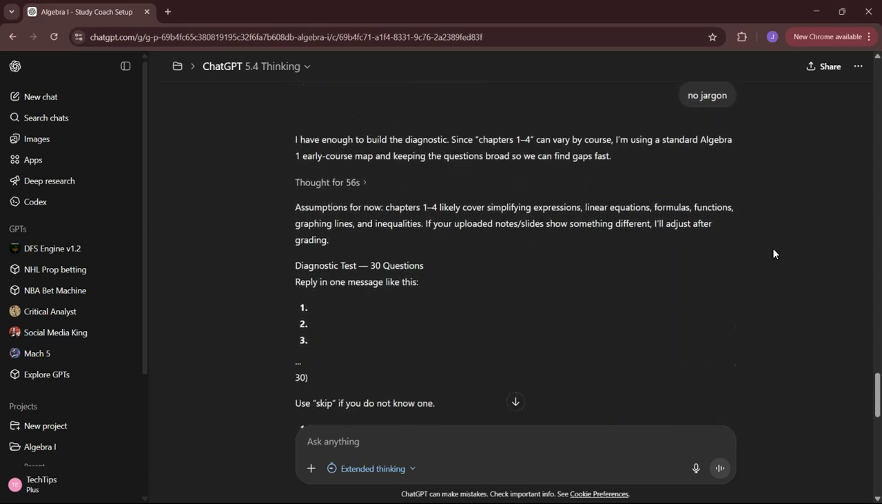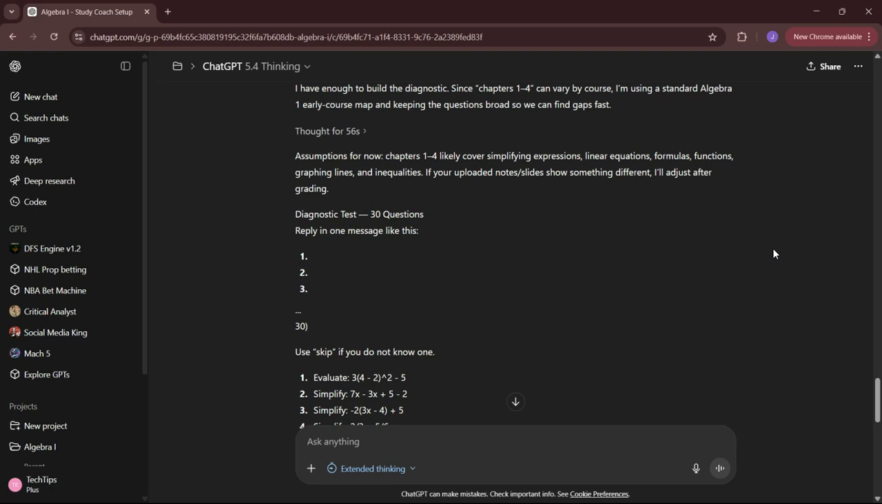Now after that, it's going to go ahead and start to construct a test for you. So as you can see here, assumptions for now, chapters 1 to 4 likely cover simplifying expressions, linear equations, formulas, functions, graphing lines, inequalities. If your uploaded notes show something different, I'll adjust your grading. So then it gives you a test that you can actually work on and actually